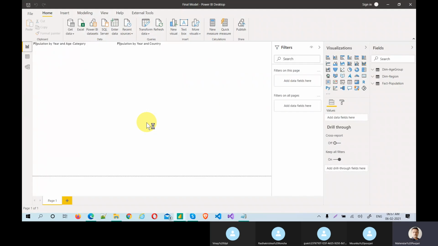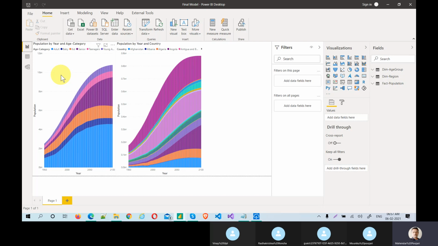See, in the direct mode, you cannot see this data icon. You can see the model, you can see the visualization. Why? Because data will not be imported into Power BI. Data will be there on the source side, but only the schema will be imported. You need to tell this: the difference between import and direct query mode is that in direct query mode, only the schema will be imported. That is the reason you cannot see the data inside Power BI.